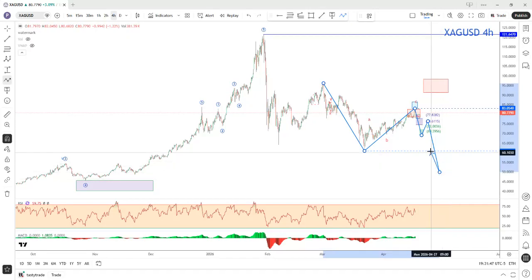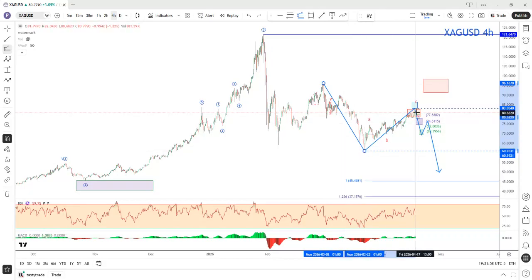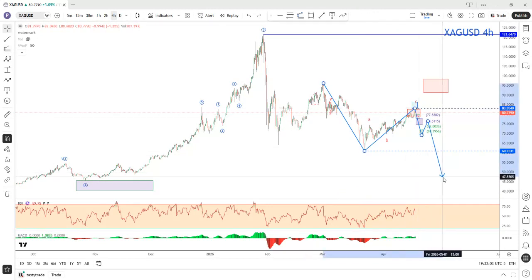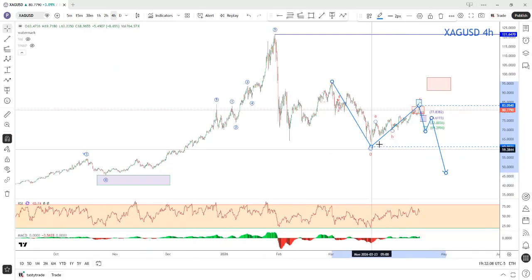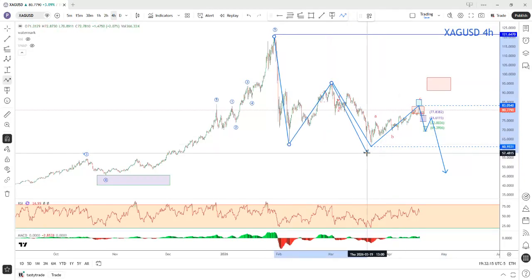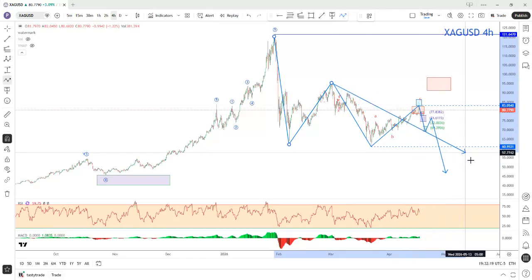but you're going to be like way below 60. I mean, 50, 45, something like that. So that gets a little scary. Yeah, 47. So the target would be 47. So that's why, if they're going to do this pattern where this whole thing then would be A, B, and then they're going to make 5 waves, 1, 2, 3, get a bounce for 4, and then still come back